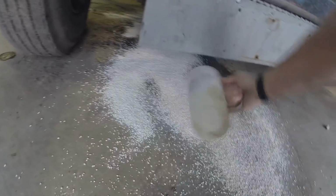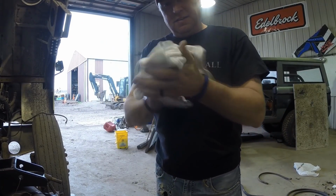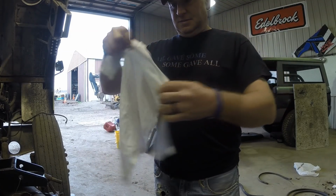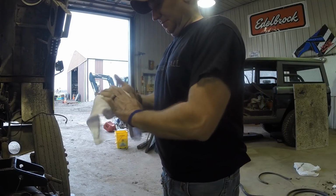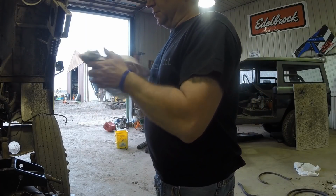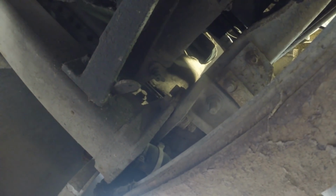Get on in there. Good enough. I hate it when my hands get so dirty. Uh-oh. Oh well, just gotta learn sometime. Well, it might not be so bad because I got a petcock right here on the lower radiator hose, so hopefully, if that actually opens the way it's supposed to,